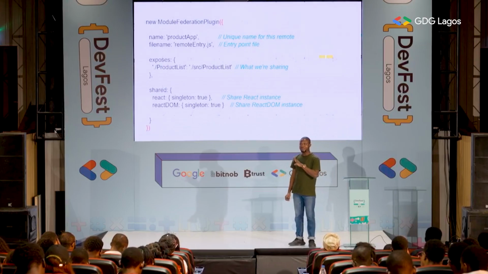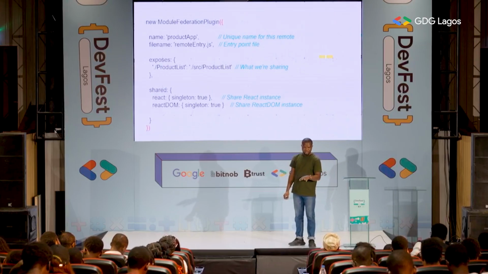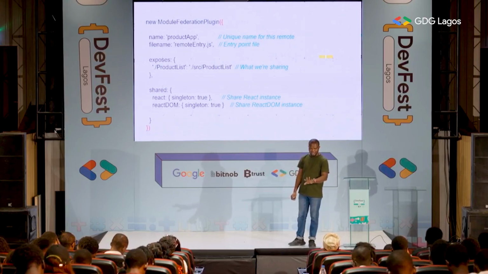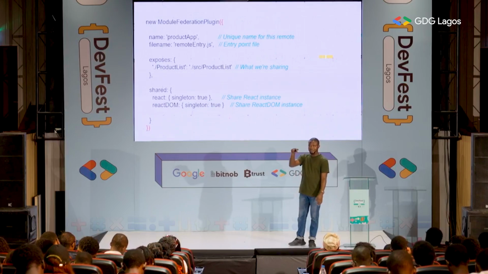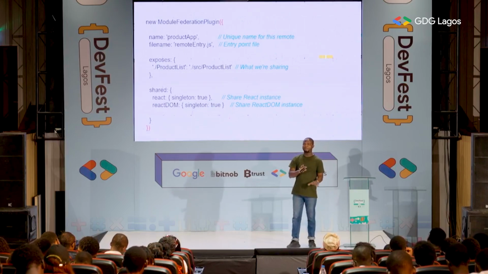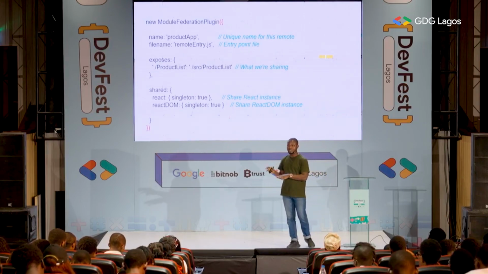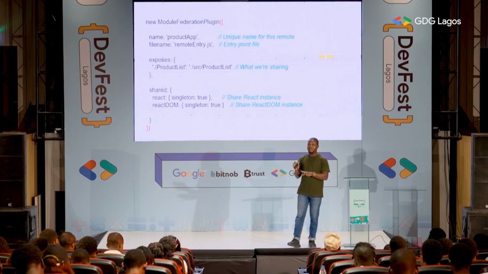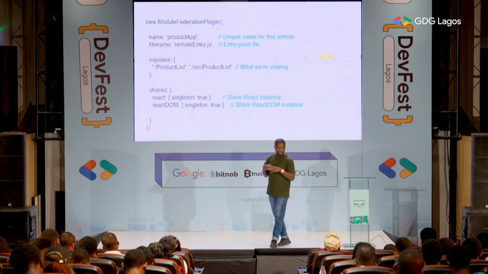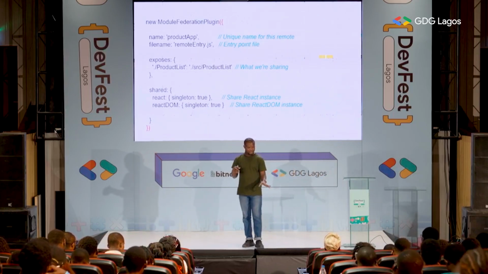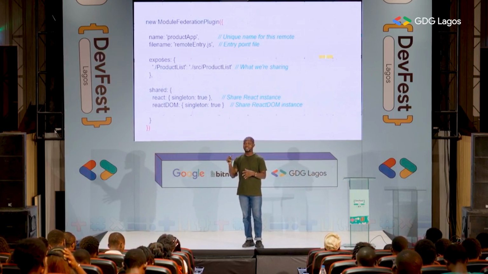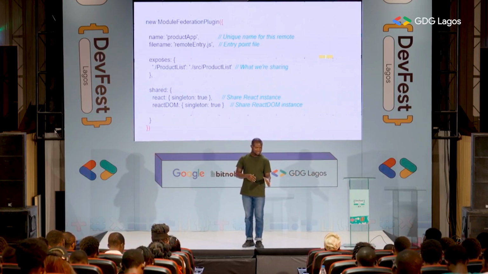When I talk about remote, I'm talking about your module. So this particular plugin, this particular object, starting from the color, it's peculiar, or it's unique to the remote called product app. So for instance, when I want to add the plugin for cat, I have to ensure that it's within another object. The name will be cat app.